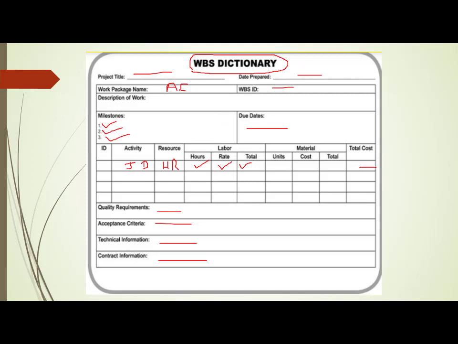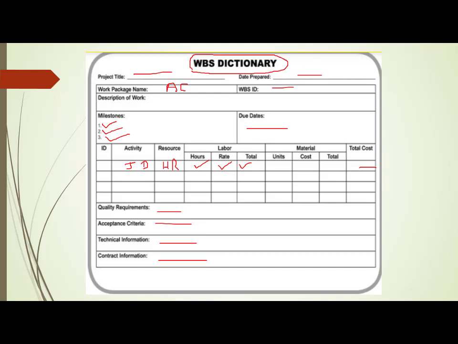So when you look at this work package, and the name of that work package is advertising content, you should get everything. You should know everything about the advertising content: who is the responsible person who is doing it, when is he starting, when is he ending, what is the total cost actually incurred by the organization to perform this particular work package, what is the acceptance criteria. So everything I get to know.